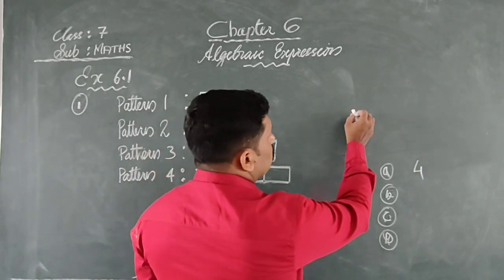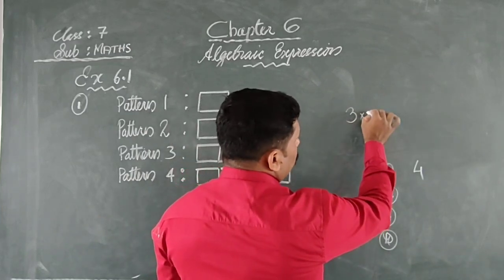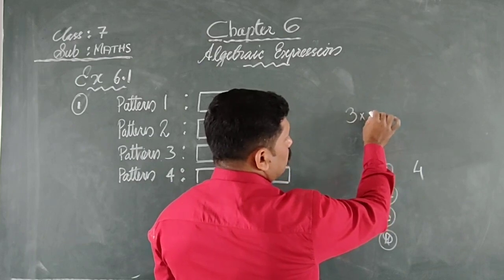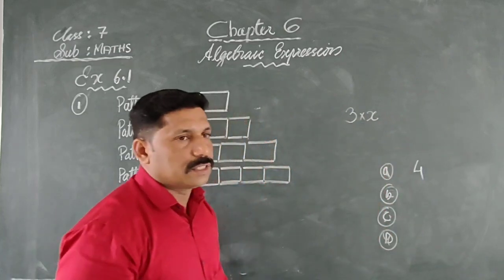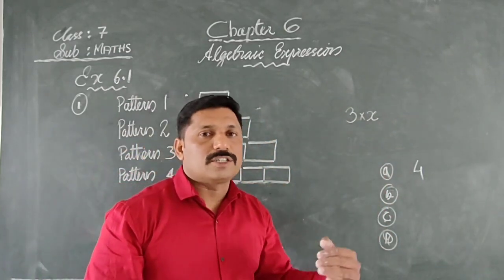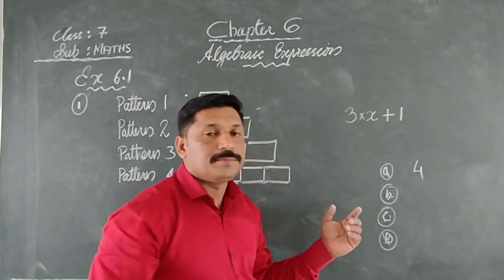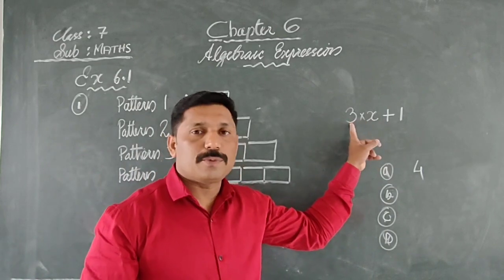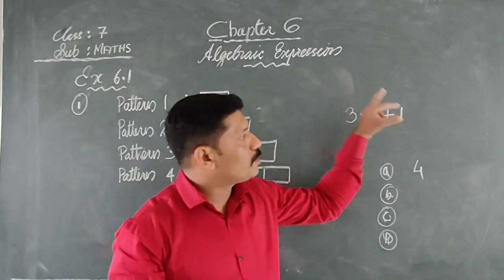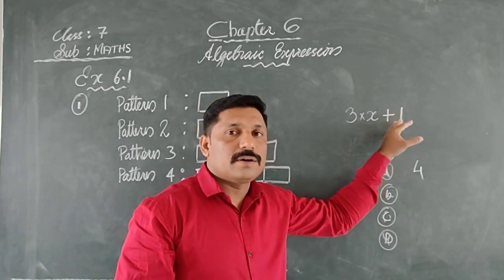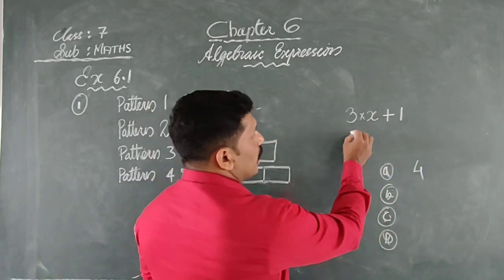For every shape, we need 3 line segments times the number of shapes. Here X numbers. And in the first pattern, we need 1 more, means 4 needed. That means 1 more than the other shapes. For every shape we need 3 line segments. You can see that every shape needs 3 line segments. But the first figure, first shape, we need 1 more. So the generalization is that